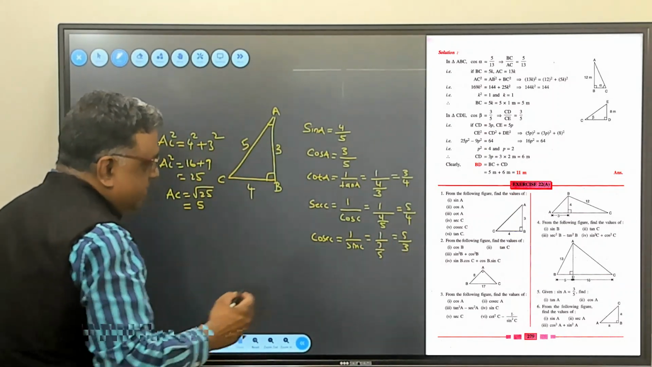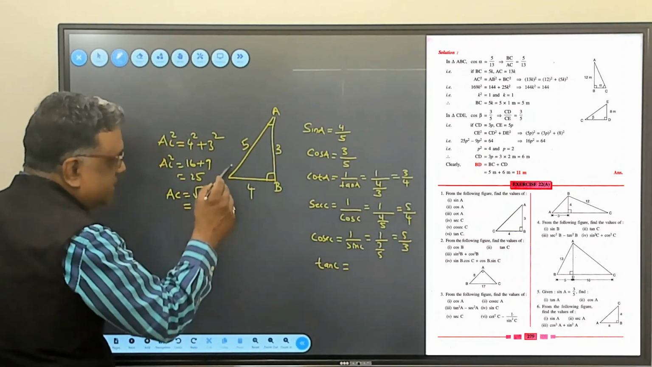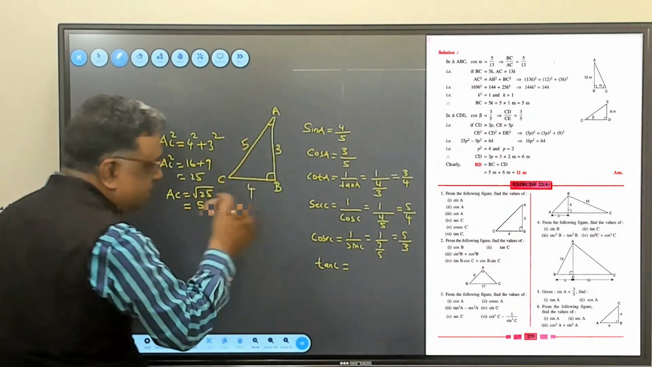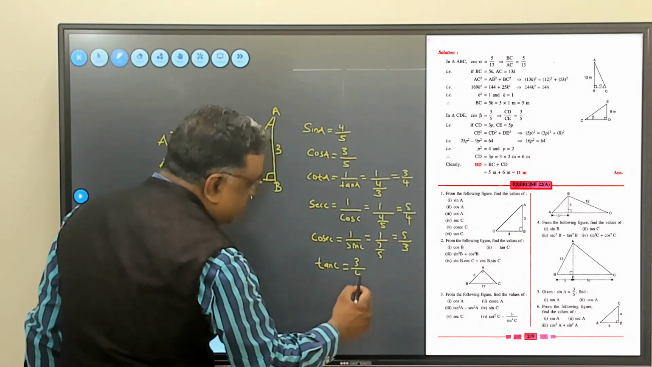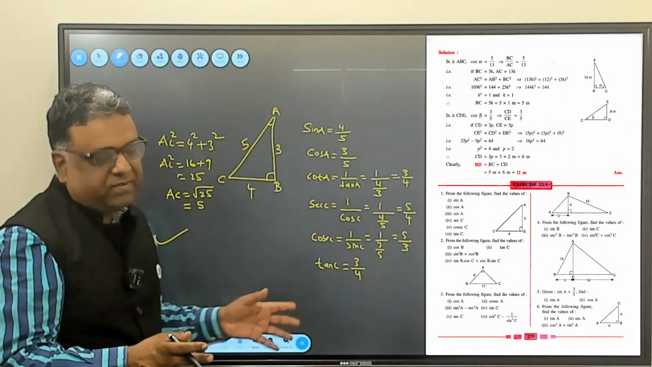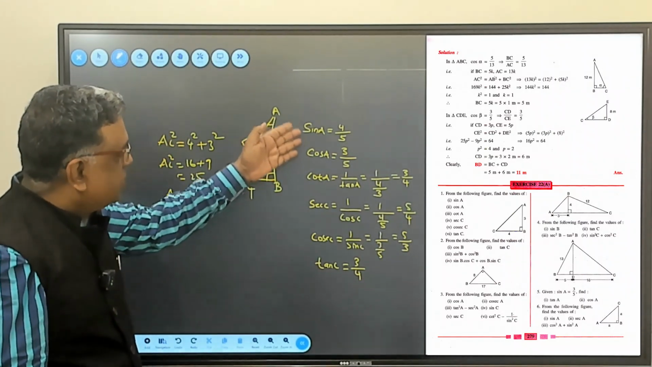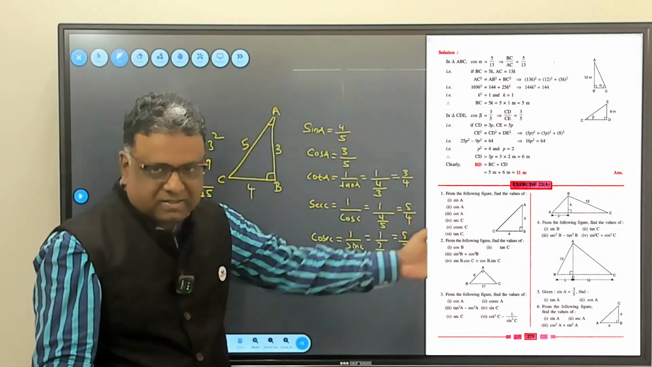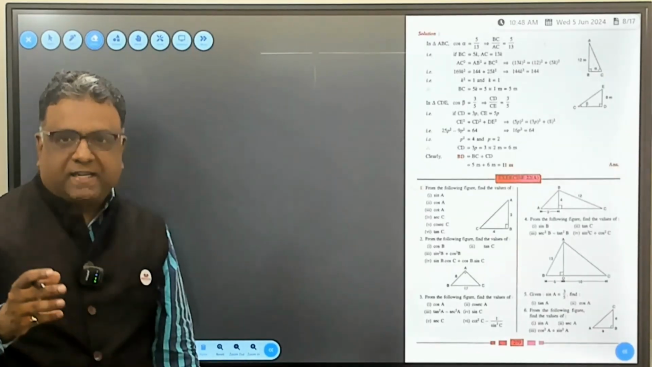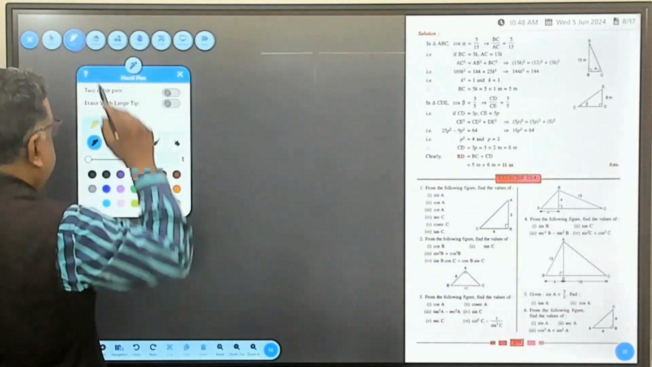Then finally we will ask tan C. By definition, what is tan C? Opposite side upon adjacent side, so 3 upon 4. So with the basic definitions, we have found the trigonometrical ratios as asked in this sum. Correct? So now we go to the second sum, which says from the following figure, find the values of